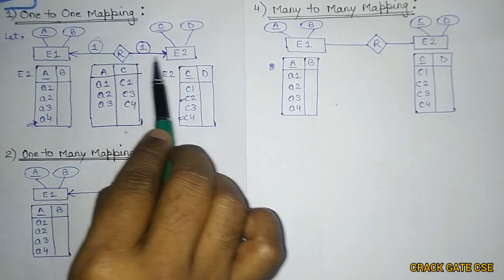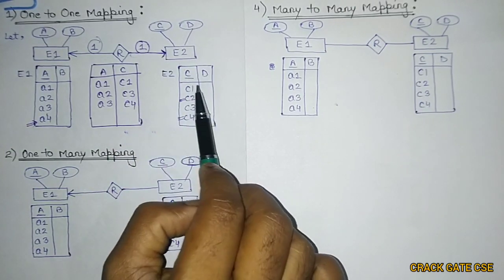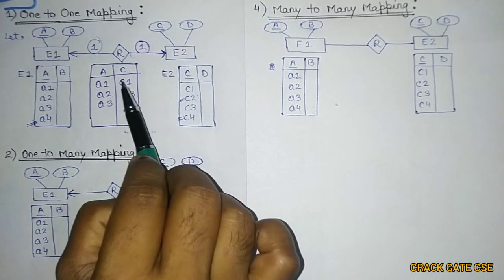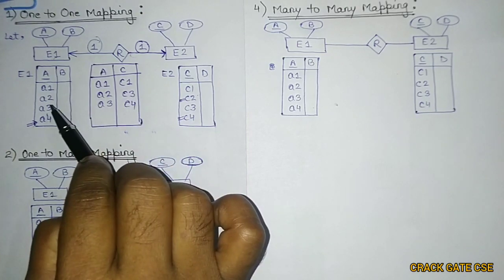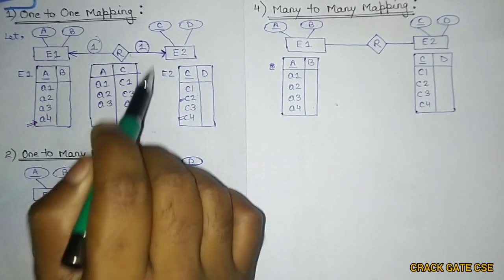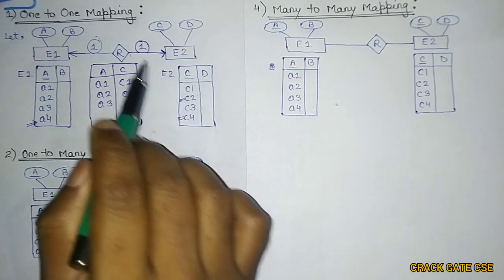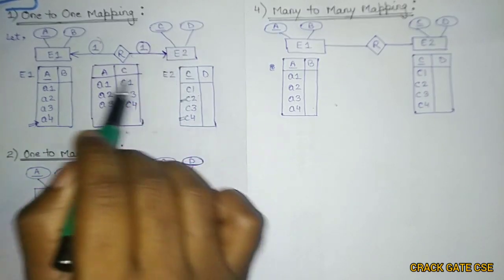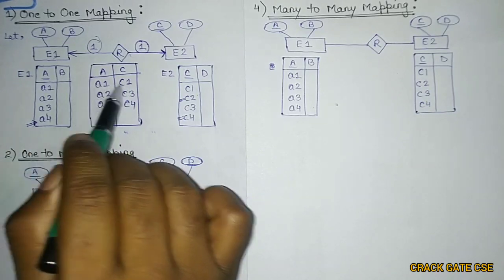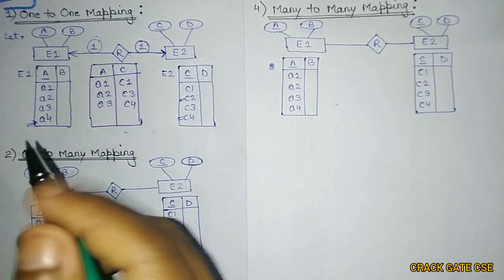Here also you can see that this is a single line. Here also all the records are not necessary to include, right? Now because of this one to one, each record A1 is related with only one record of this. Here also this can relate with only one, so C1 is also related with only one. So this means their keys.